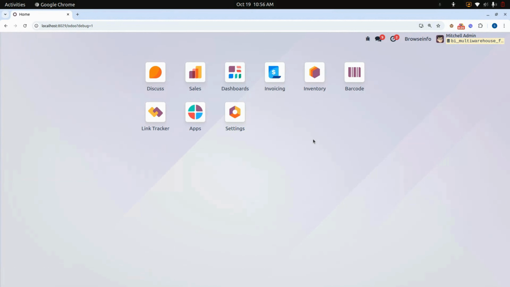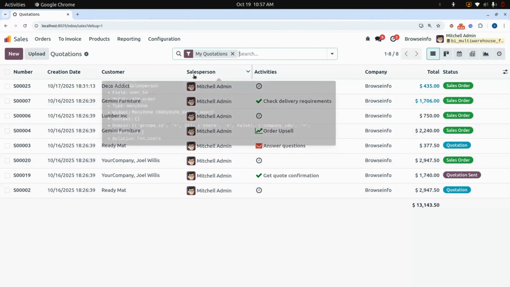So basically, the Sale Order Multi-Warehouse Odoo app lets you select different warehouses for each sale order line. It automatically picks the warehouse based on the product, and when the order is confirmed, separate delivery orders are created for each warehouse. So for the first step, I have configured the database here, and now I'm just moving forward with the sales module,